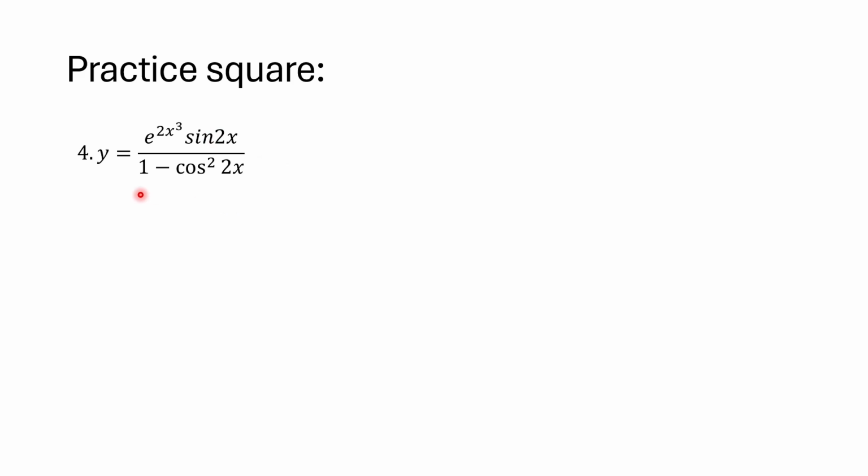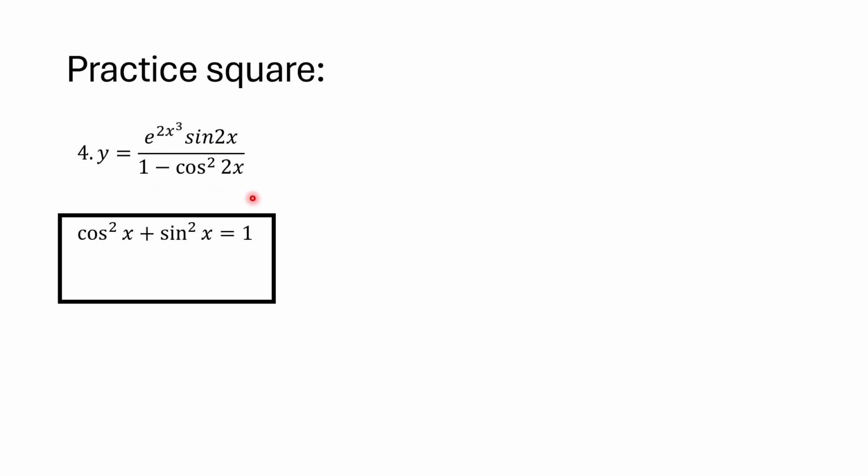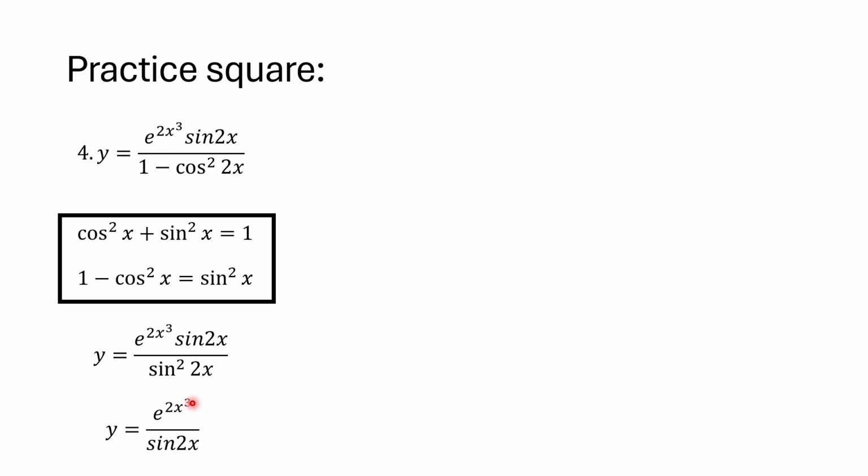So the first thing to recognize is, again, if we have cos squared x plus sine squared x equals 1, we can write 1 minus cos squared x is equal to sine squared x. And we have 1 minus cos squared 2x, so we can write, instead of 1 minus cos squared 2x, sine squared 2x. So just being very careful to write 2x, making sure we don't just write x. And then we have sine 2x on the numerator, sine squared 2x on the denominator. We can simplify that